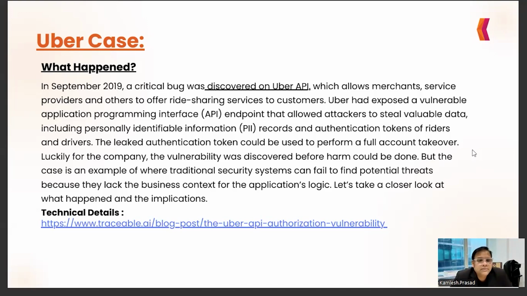Bug bounty is a program where an organization opens the program for outsiders or internal employees to find a bug in the app, and they reward them with money, a monetary benefit. People do hacking, and they inform the developer team or company that they found these vulnerabilities, and they get rewarded. So organizations should do bug bounty and VAPT to have a safe environment.